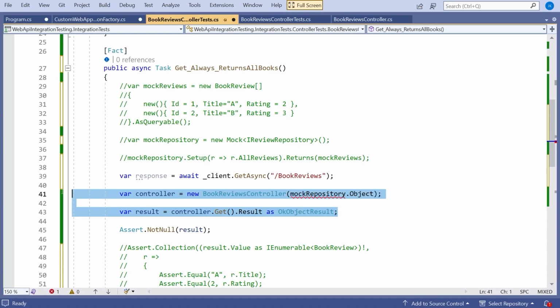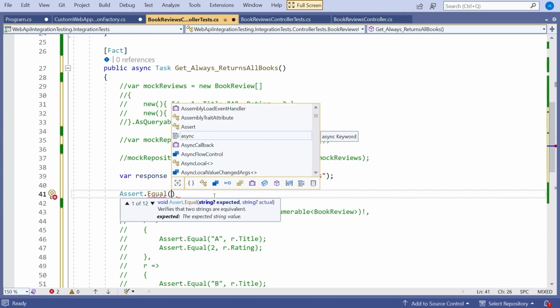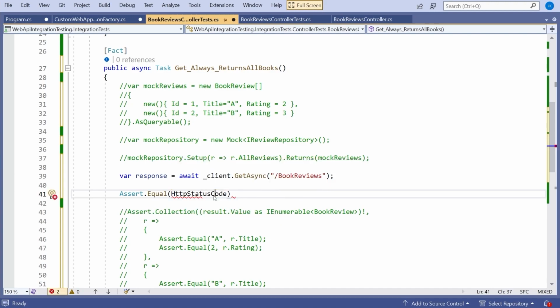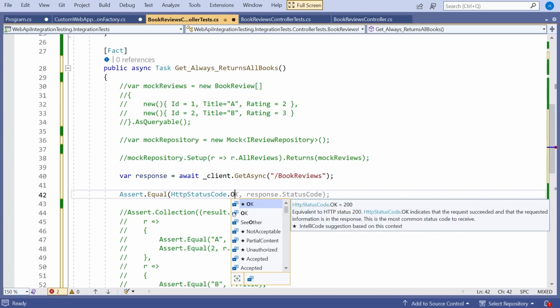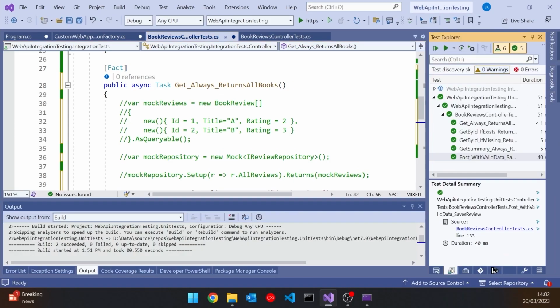And so that's replaced those two calls of creating the controller and calling the appropriate method. That's just going to map straight on there. And then the last thing we want to do is just verify that the response code is the OK status. And so all we need to do for that is an Assert.Equal and then HttpStatusCode. It can't find that. We've got to do another using, and then .OK, and we check that against the response.StatusCode. And so now if we run those tests,